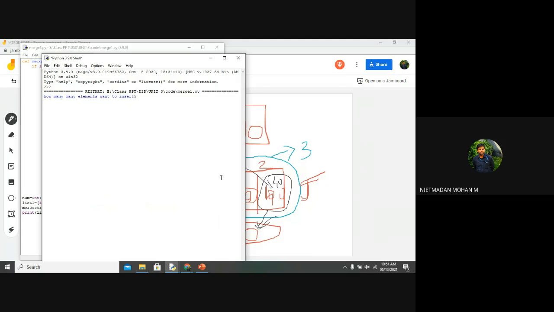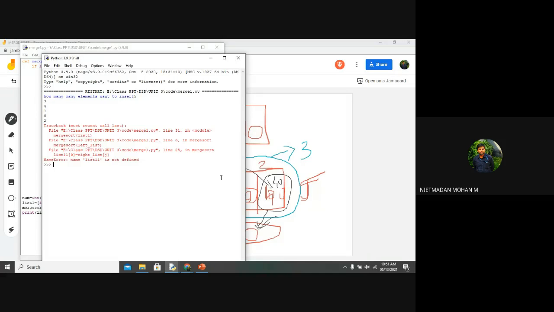How many elements do I want to insert? 5, 3, 4, 2, 1, 0, 1, 2. Left underscore list. Merge sort. Left underscore list.